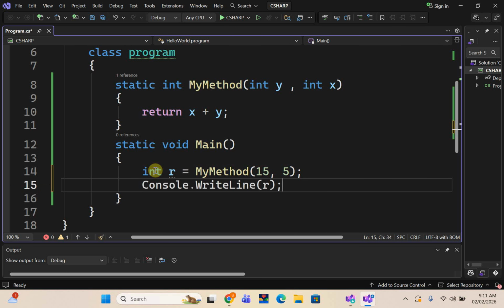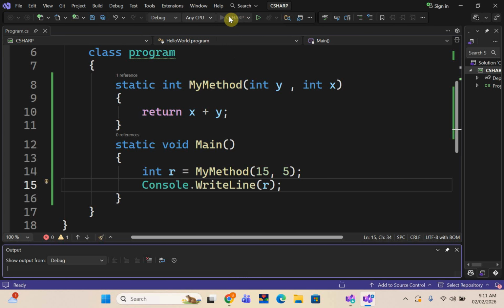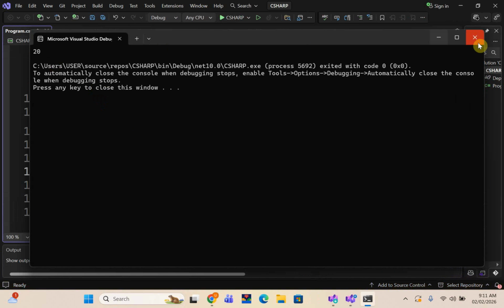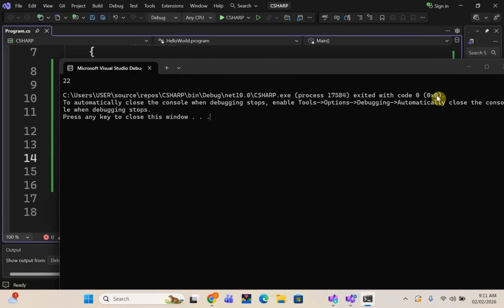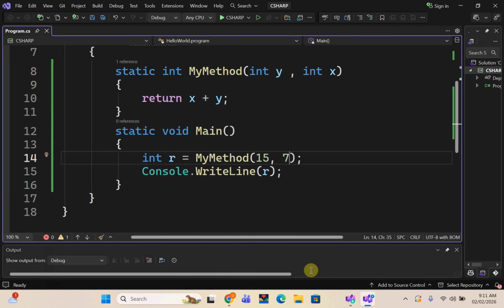Then Console.WriteLine(r). So the output is also going to be 20. See, 20. Let's put here 7. So it's going to be 22. You see, guys? So now